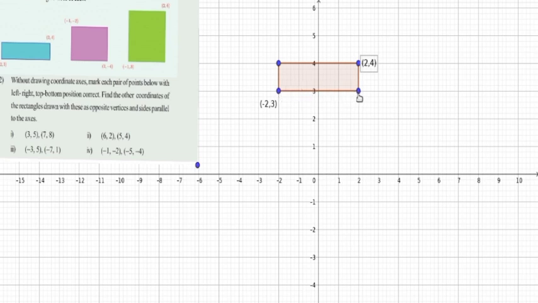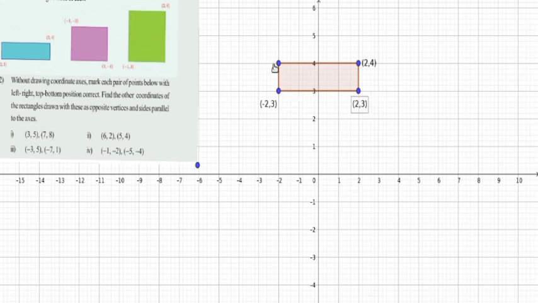We know that if a line is parallel to the x-axis, its y coordinates are the same. So here the y coordinate is 3. And this line is parallel to the y-axis, and we know that if a line is parallel to the y-axis, the x coordinates are the same. Here the x coordinate is 2, so the x coordinate of this point is also equal to 2. So the x coordinate is 2 and the y coordinate is 3, so the point is (2, 3).